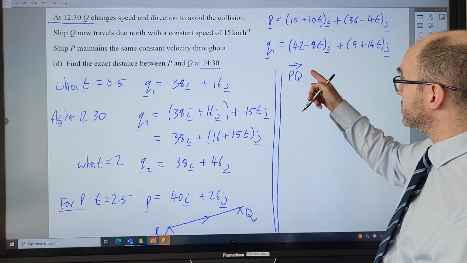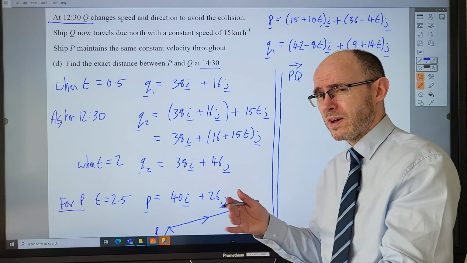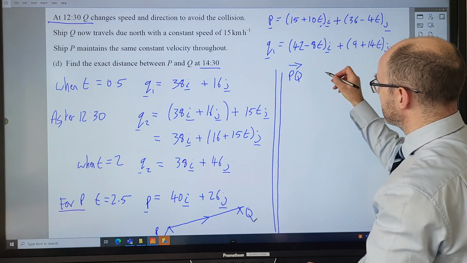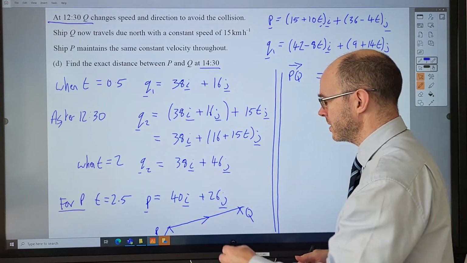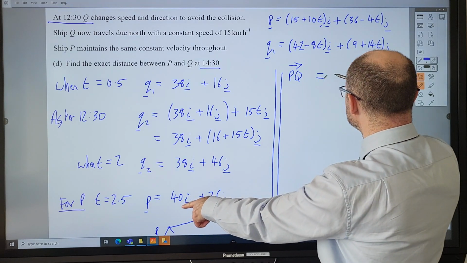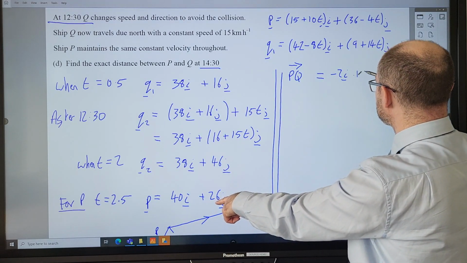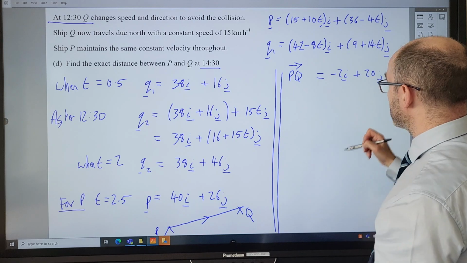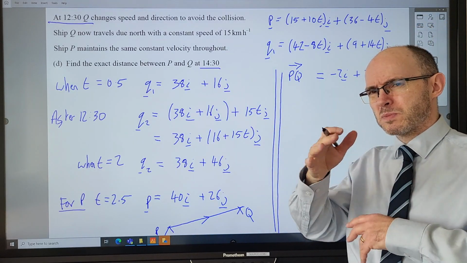So P to Q, just do vector Q subtract vector P. The other way around doesn't really matter. I've written it this way around, so I'm going to write it as that subtract that. It's the difference between them basically. 38 subtract 40 is -2, so -2I. 46 subtract 26 is 20, so plus 20J. So you could have 2I minus 20J from Q to P, depends on perspective,